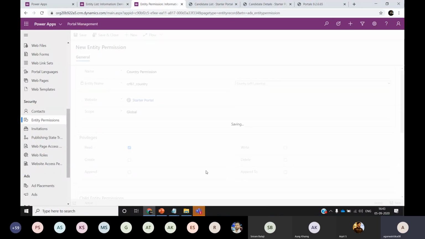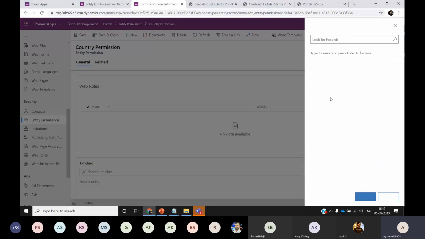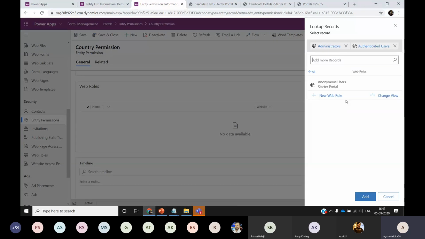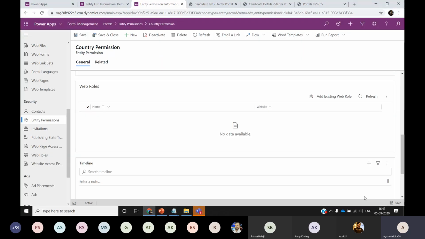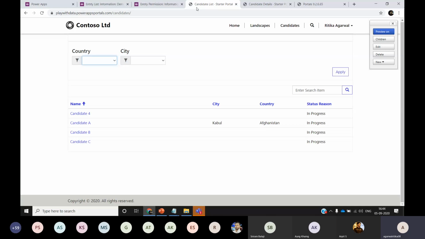So what I'll do, I'll save this, and then I need to select who is actually going to receive this permission. So I want the administrators and the authenticated users to be able to filter this data. And I'll go back on this page and clear the cache. Come back here.